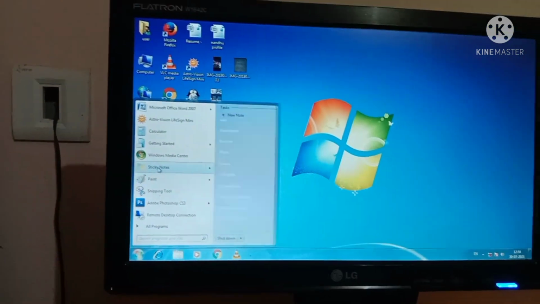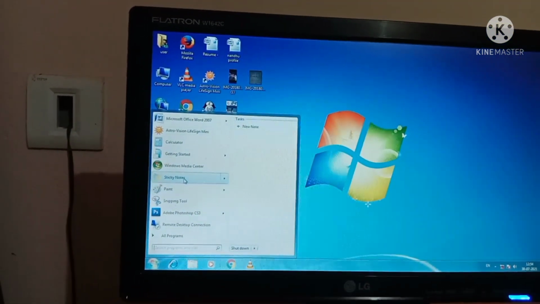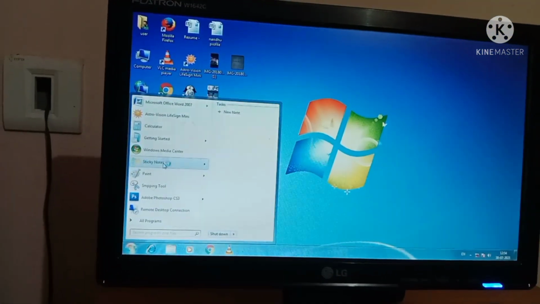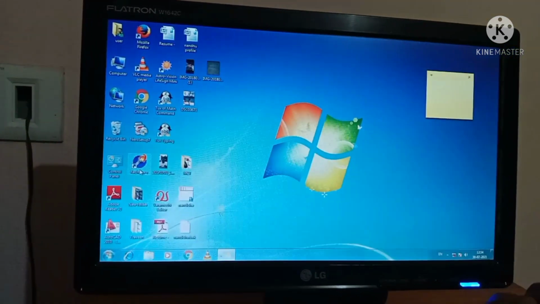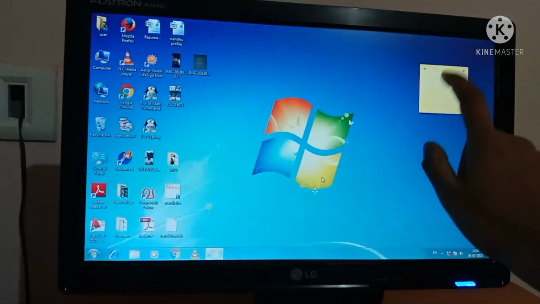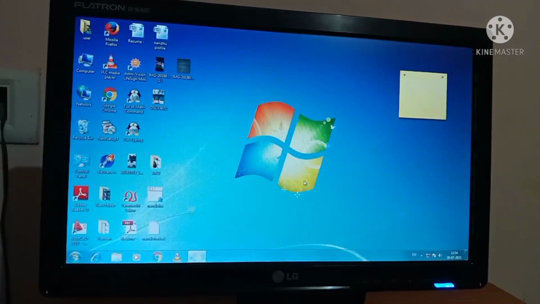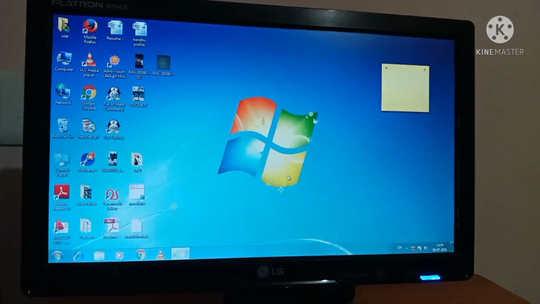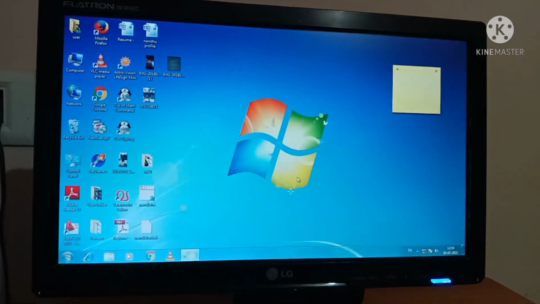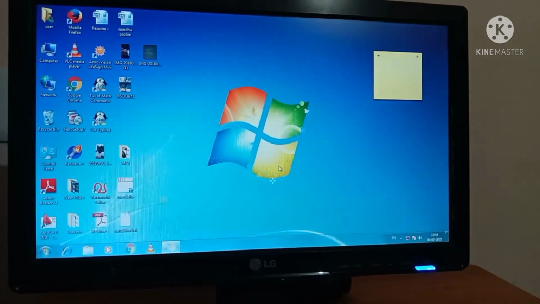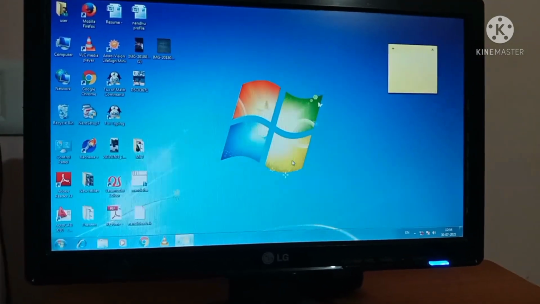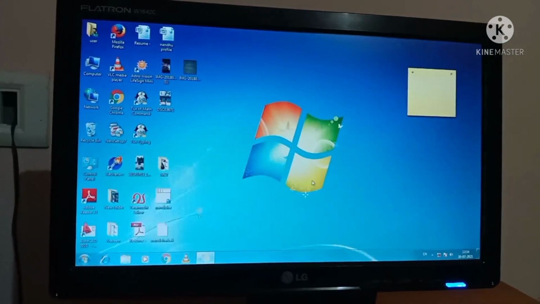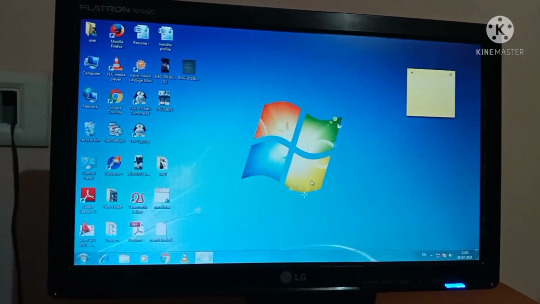Anyway, in my system there is sticky note, so I have to open it. Single click, that's enough. Then I got the sticky note here. Can you see this? So here we can type anything we have to remember. For example, anything I have to do today, means I have to complete my maths homework.